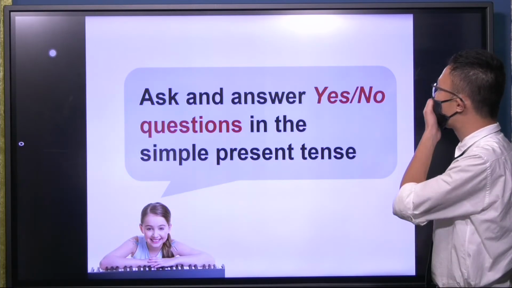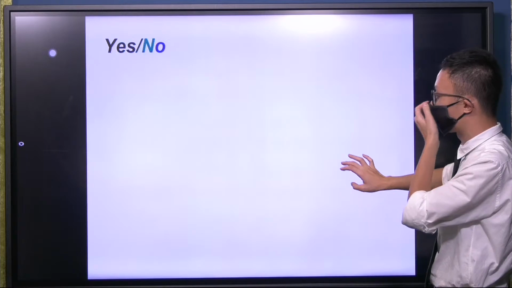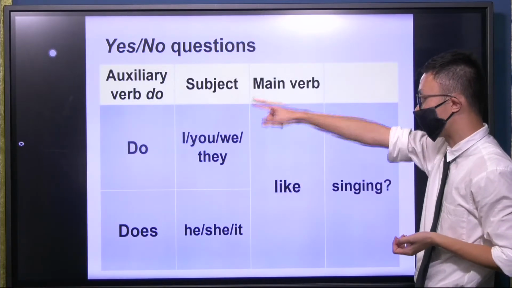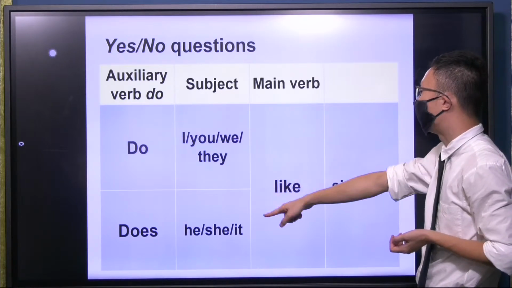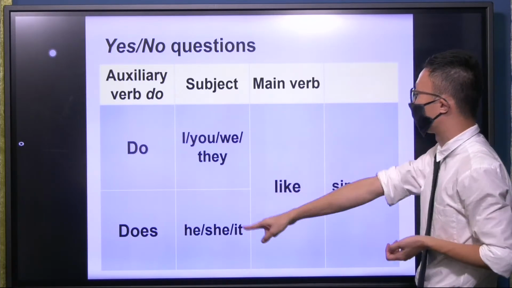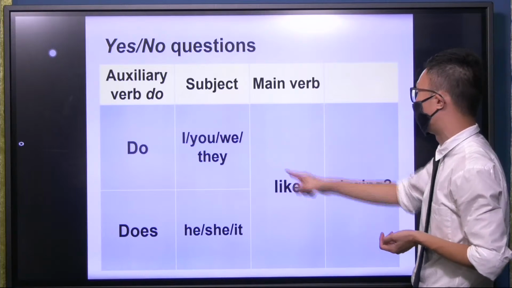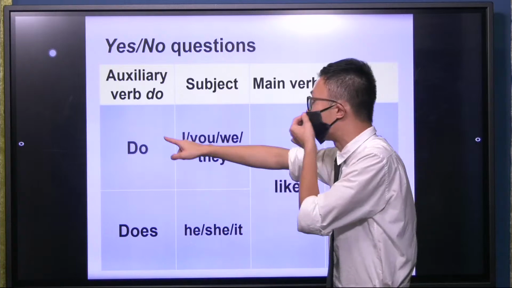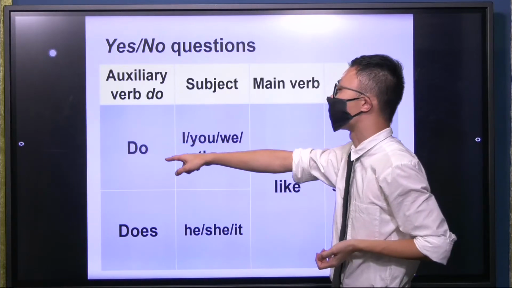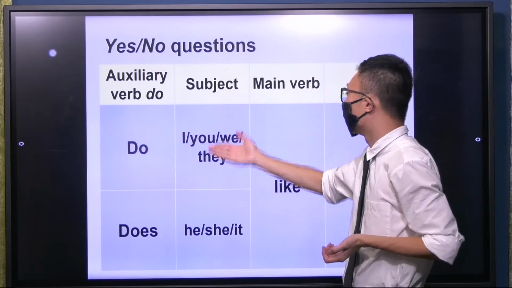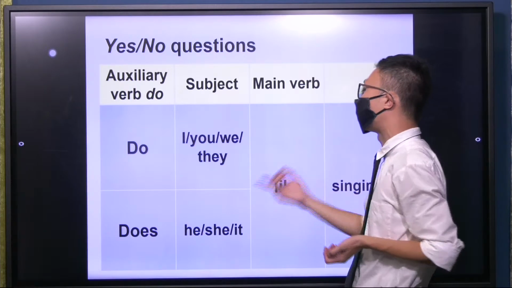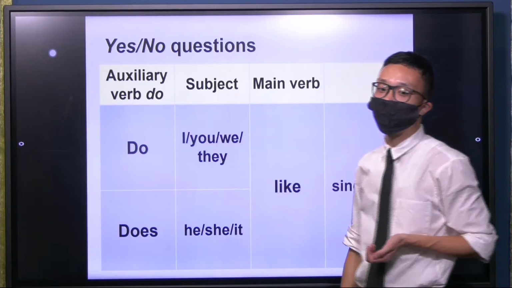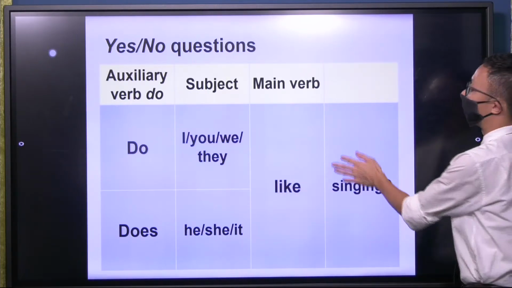So, asking a yes and no question in the simple present tense. These are the question forms of the present tense. You put do in the front. That's the auxiliary verb right here. I, we, you, they, he, she, it, like singing. Does he like singing? Do you like singing? Okay. Make sure you remember it's not are or is, because this is a present tense sentence. So not are you like singing. Not are, because I use do. Remember, these two are the present tense. So you form questions like this. All right.